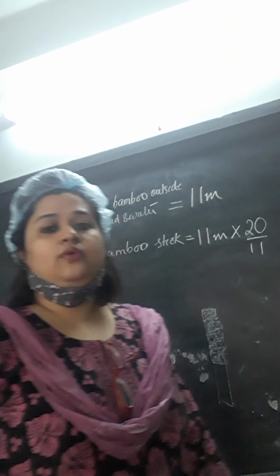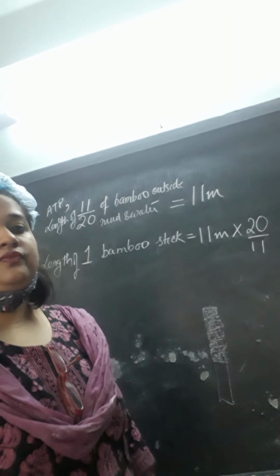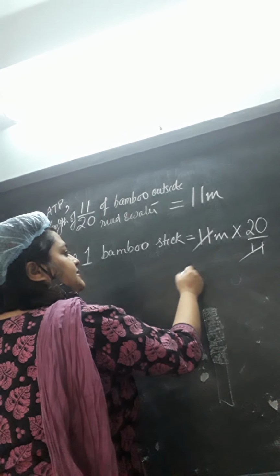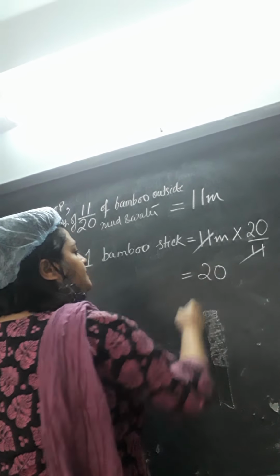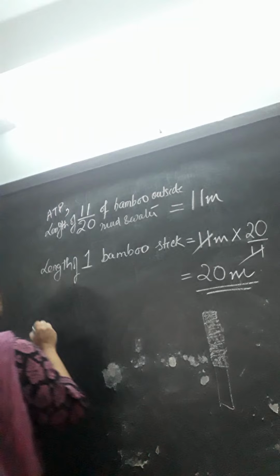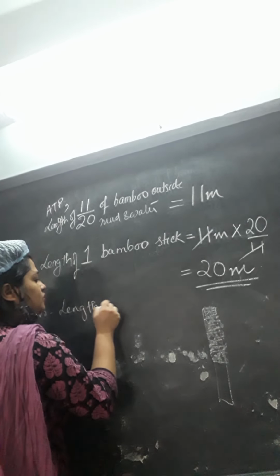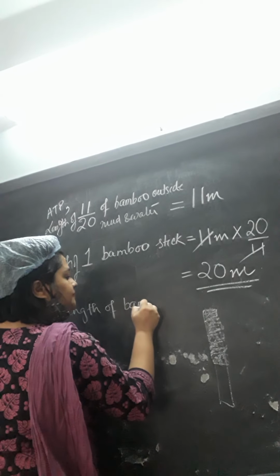So how will we find out? What is the measurement of the part given into the fraction, reciprocal? So you just take out the reciprocal of the fraction. See, 11 and 11 got cancelled. 20, you are measuring the length. So the unit is given in meters. So the answer should also contain the unit meter. So this is the answer. So what will be the final answer? Length of bamboo